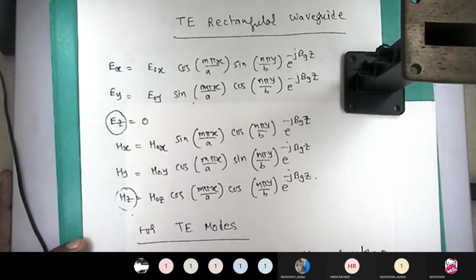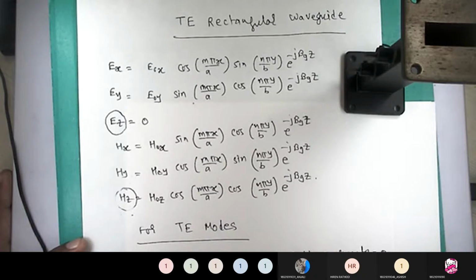So in our previous class, we have seen this part also. So let me recap that part. Here, particularly, if we have to generate, for example, the TE00 mode, where all of you are aware that these m and n are nothing but the half wave variations in the broader side and the narrow side respectively. So we have to analyze whether the TE00 mode can exist in a rectangular waveguide or